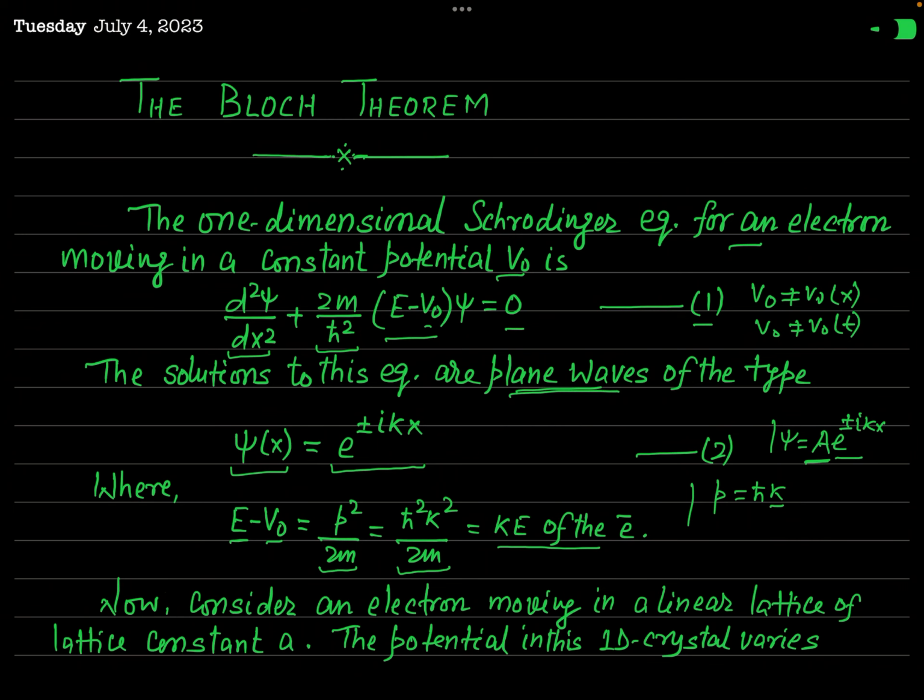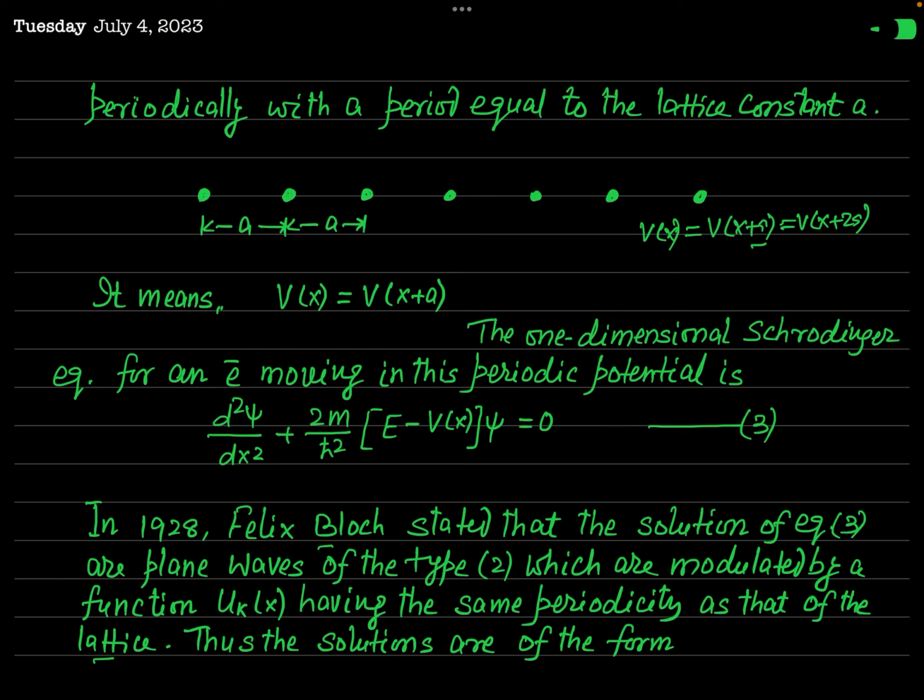Actually, Bloch theorem answers this question. Okay, you can see I have assumed here that there is a linear lattice, and all these small spheres which I have shown in this figure actually represent the lattice points. Okay, and ions are actually attached with these lattice points. And the lattice constant I have assumed here is A. It means